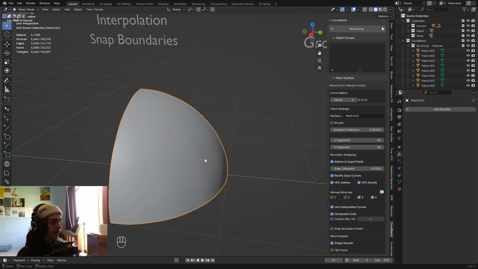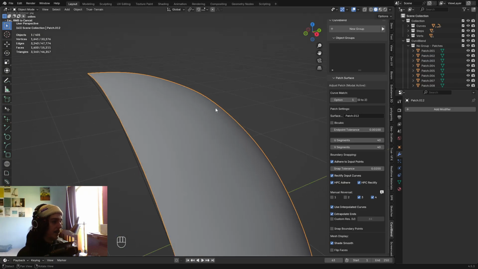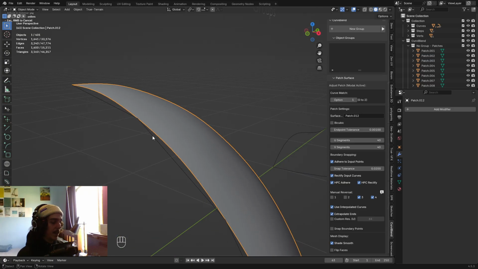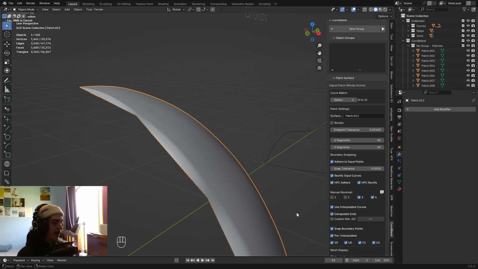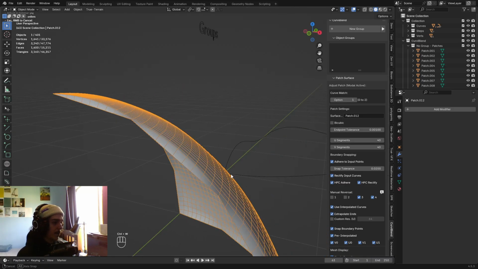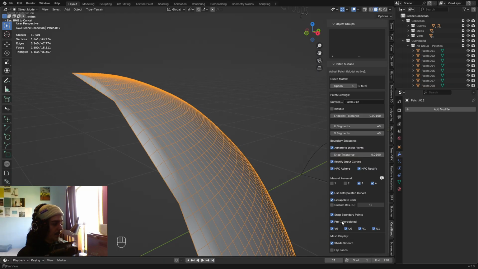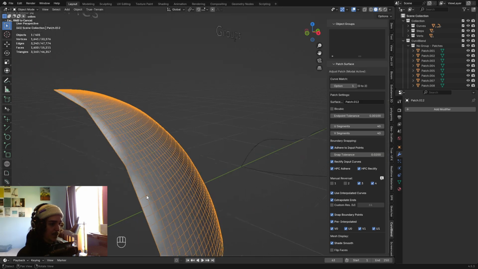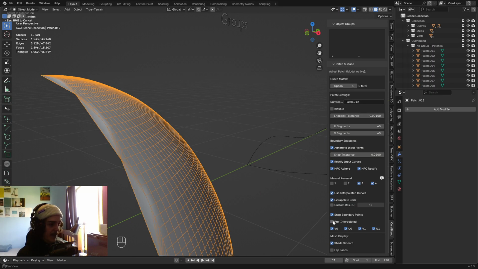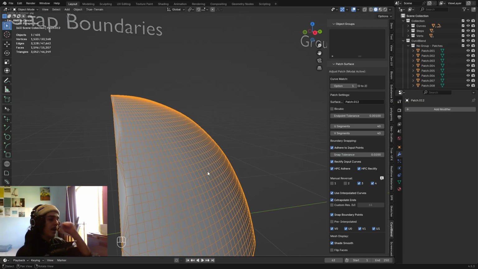Great. What can we do from here? So say we did want our interpolated surface, but we still wanted the edges to line up. We can then snap our boundary points, and I'll jump into wireframe again. So you can see that with this pre-interpolated checkbox ticked, those pre-interpolated positions are going to be snapped to, which is sometimes more desirable than having that just snap to the original input points. Cool. Moving on from there,